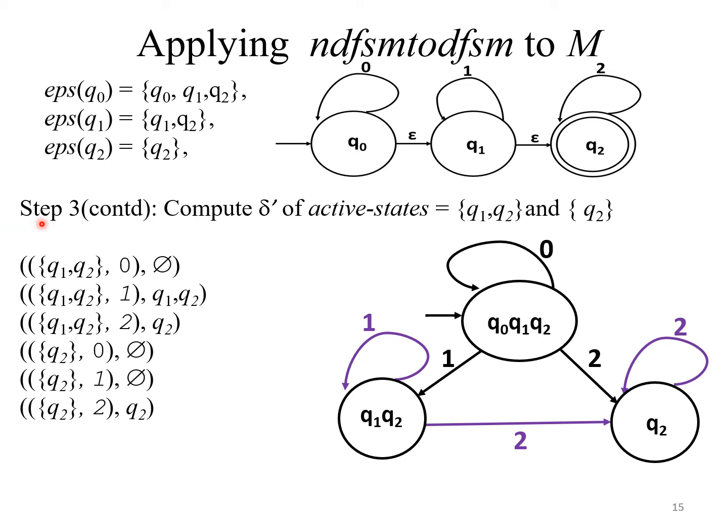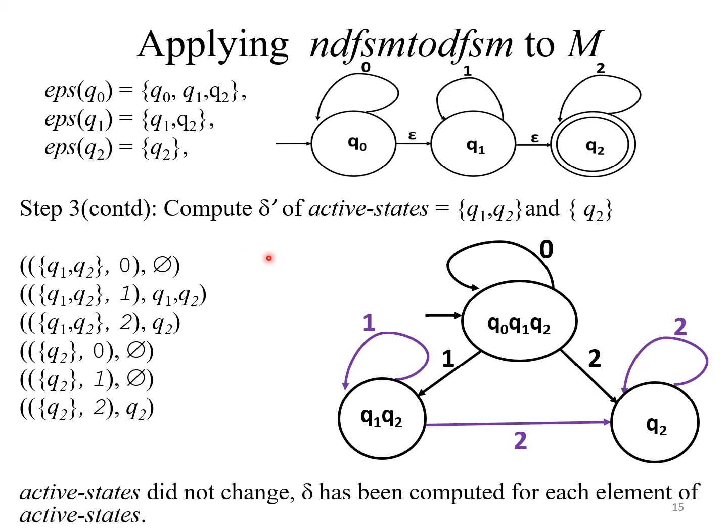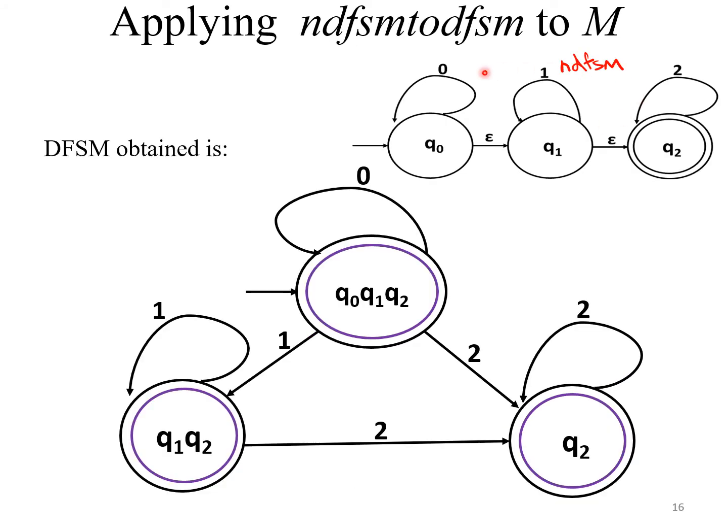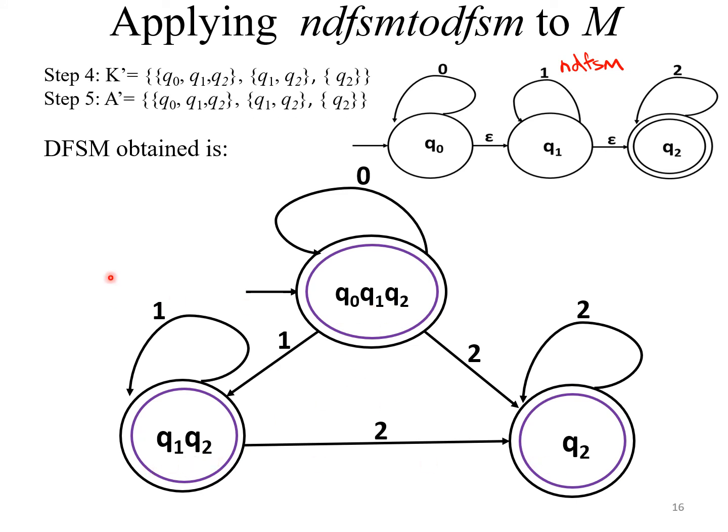So step 3 will be continued until no new states are active. At present, active states did not change. So the delta has been computed for each element of active state. Finally, for the given NDFSM, the DFSM obtained is this, where the states are Q0, Q1, Q2, Q1, Q2 and Q2, and the accepting states are,